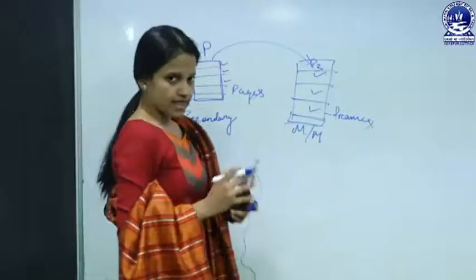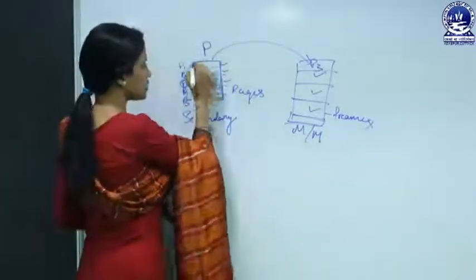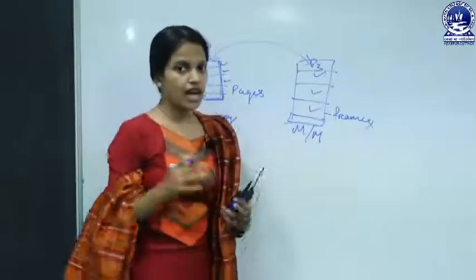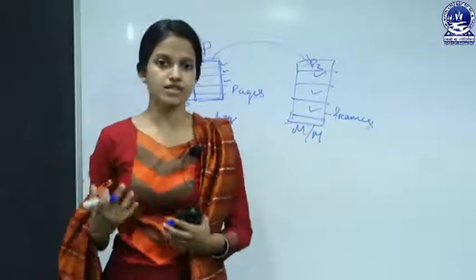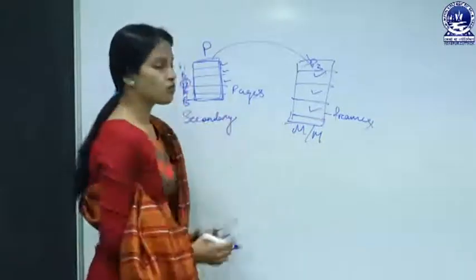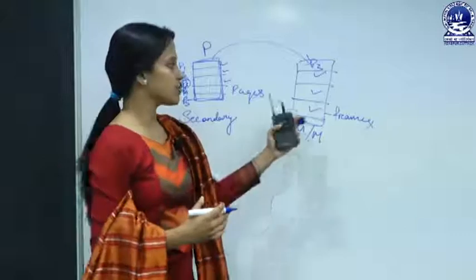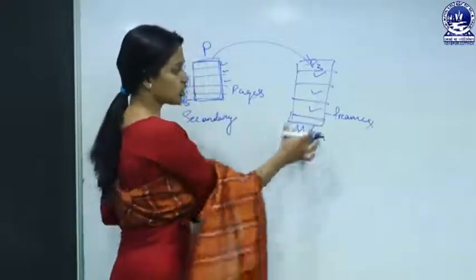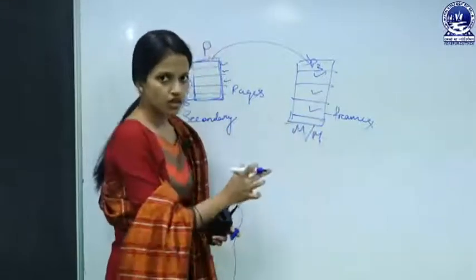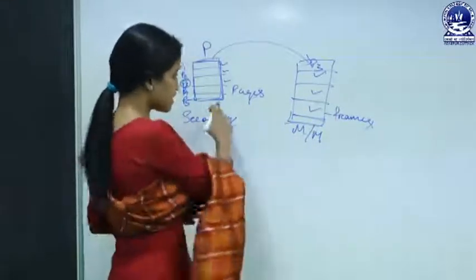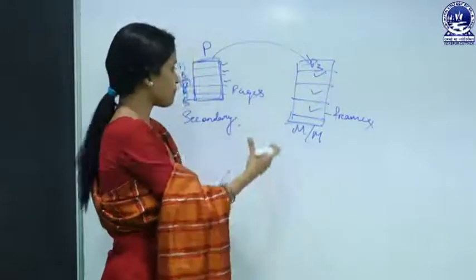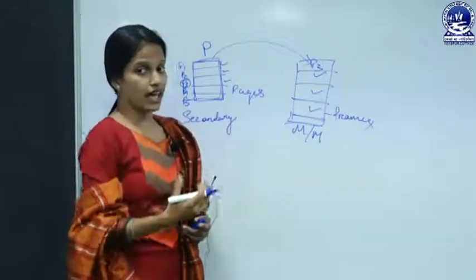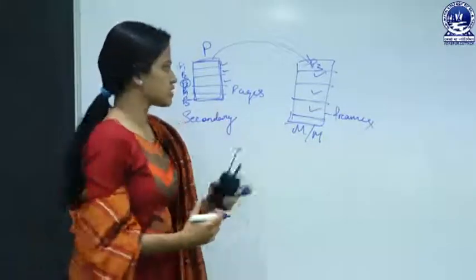So in that case, the operating system divides the process into pages, and each page is assigned to the main memory. If that happens, more and more processes can reside in the main memory at the same time. Although the size of the main memory is small, by applying this segmentation technique, we can fit more and more processes into main memory.